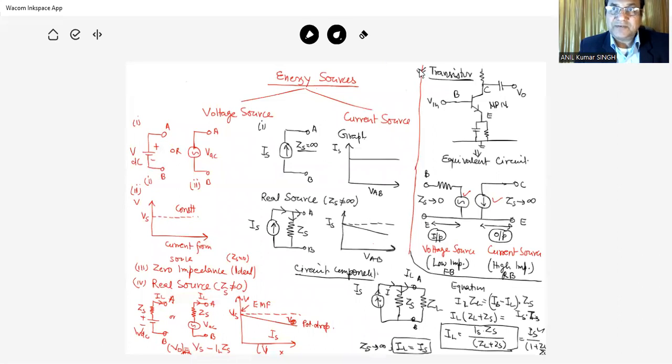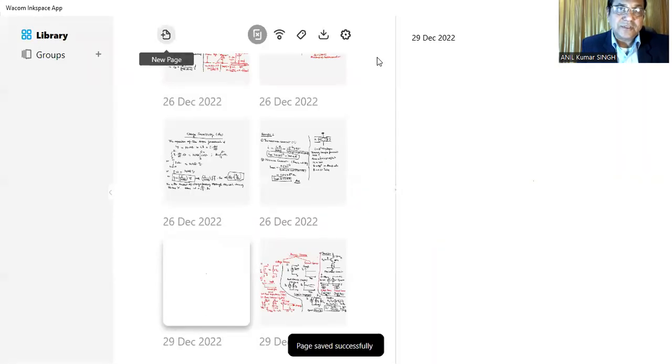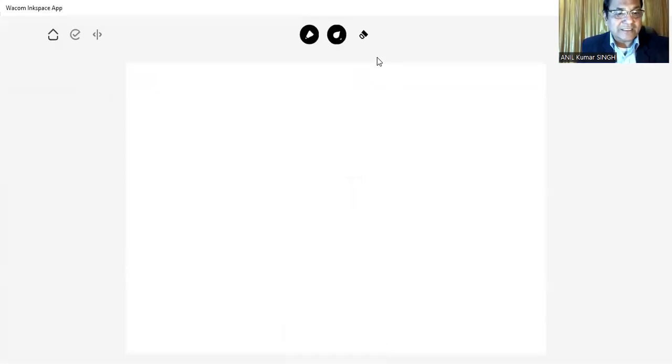You will have several concepts of the transistor, divided into two parts: voltage source and current source. So the basic concept of the voltage source and current source is here, and now these can be used in the discussion of